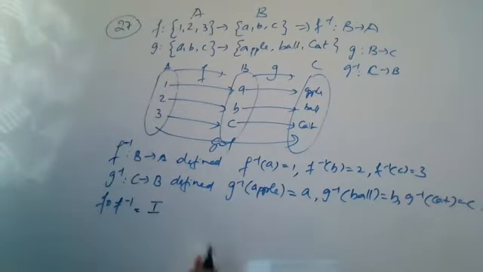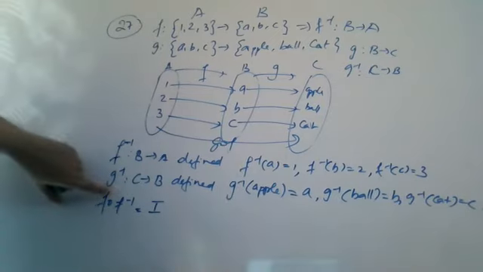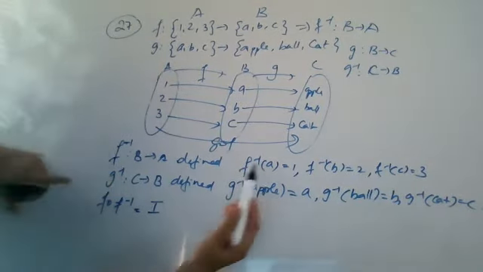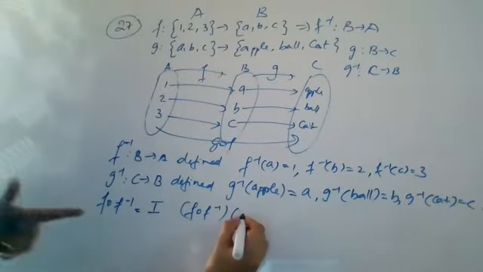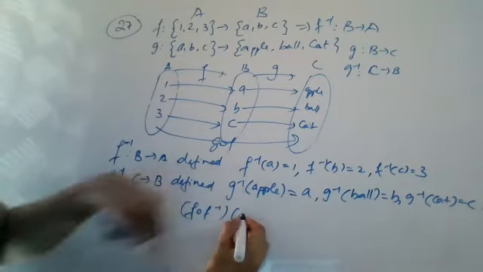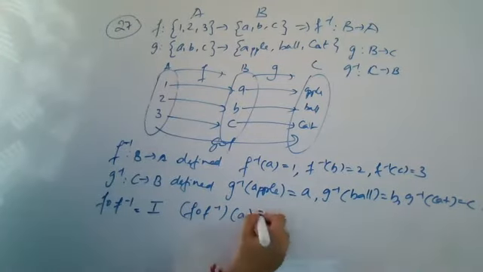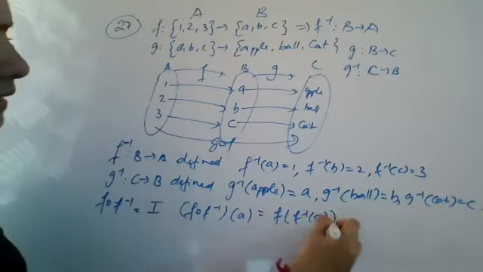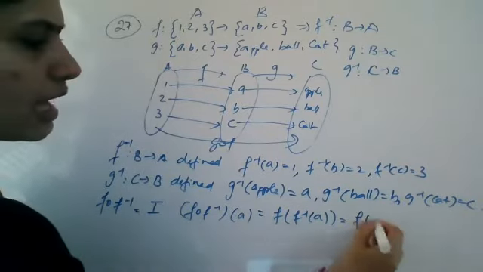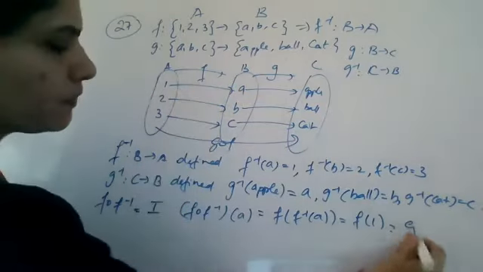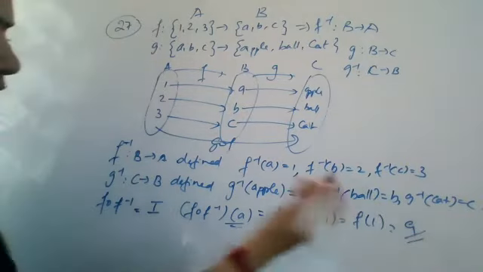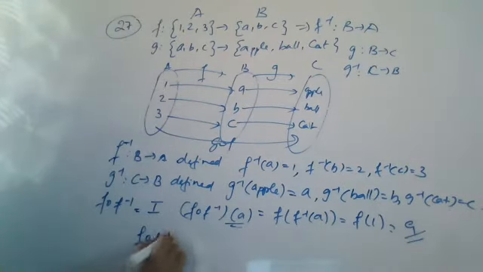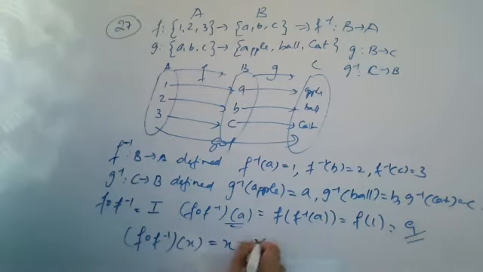It will give you I, क्योंकि देखो F composition F inverse means F inverse पहले अप्लाई करते हैं. F composition F inverse of any element if you take. Suppose you are taking F inverse first define कर रहे हैं, means उसके elements हैं आपके A, B, C. So of A लिखोगे तो आपको आएगा F of F inverse of A, right? F inverse of A is 1, so you will have F of 1, and what is F of 1? It is A. So you have started with F composition F inverse of A, and you reached A. That means for any element if you take, yeah, I can generally write that F composition F inverse of X is giving you X for any X in the first set.